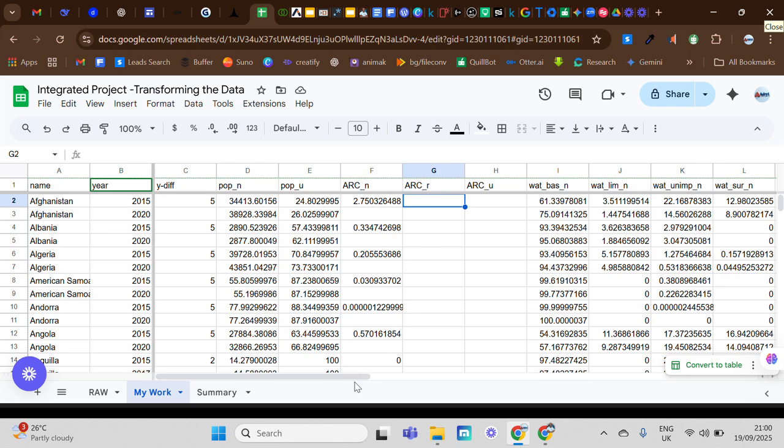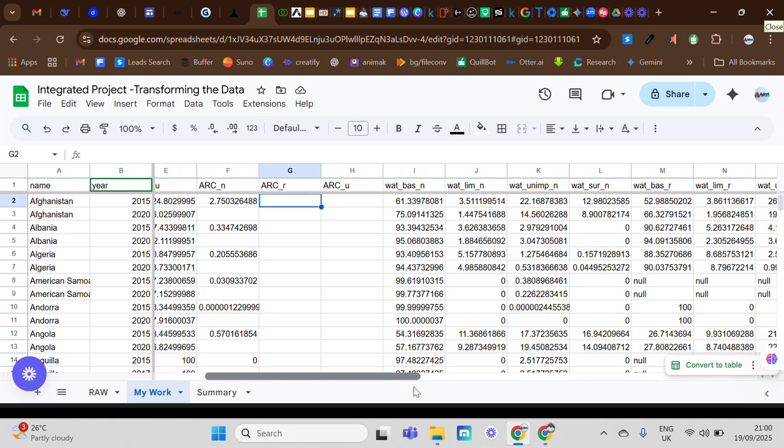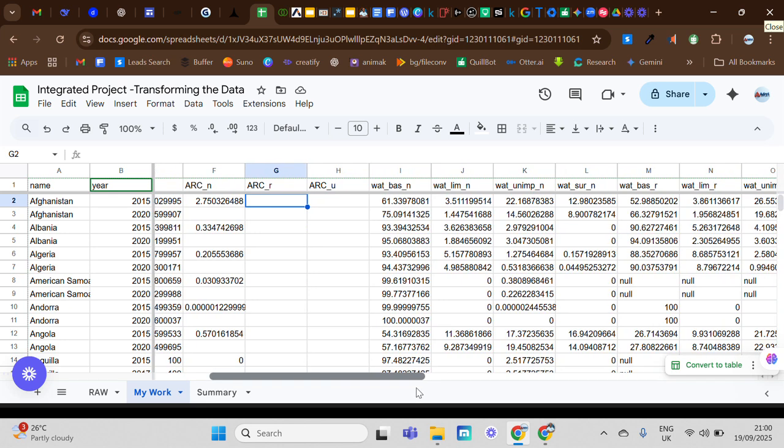Rural annual rate of change. So I'll move a little bit to this side to see if I can have my watt base R. So here it is, watt base R is here. So I'll quickly get busy with my formula. We go with the simplest form first, which is we subtract the second rural basic share